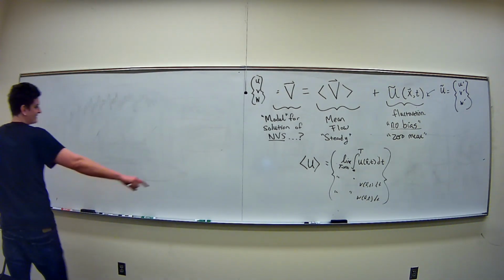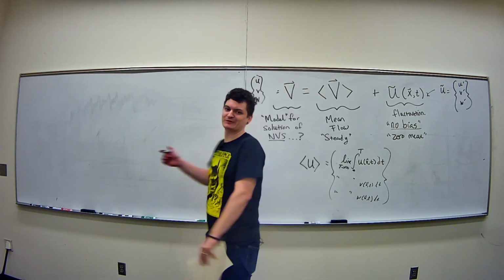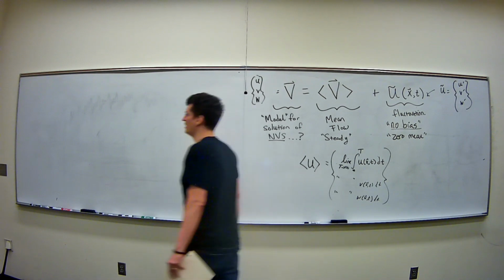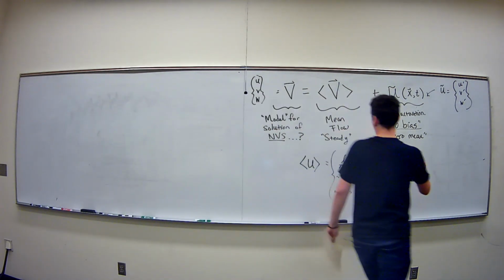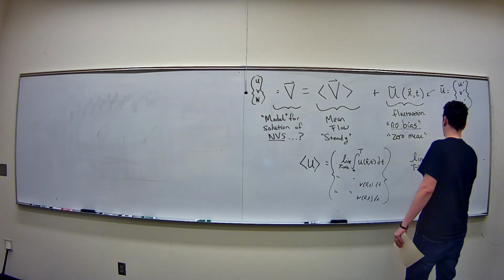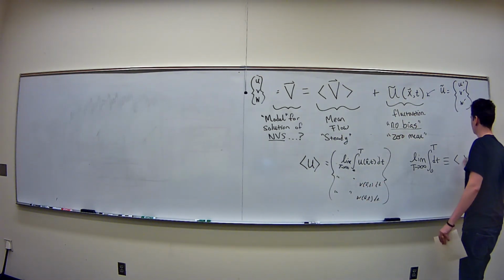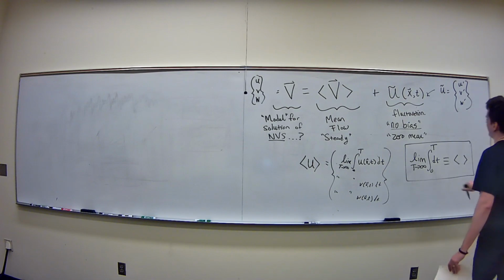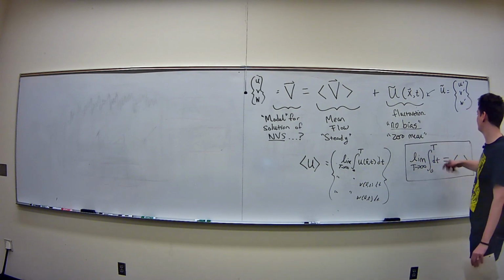Okay, so the thing about this mean is a choice I made. I made this choice to say, how am I going to average this? It's the same as the function you'd call on your experimental plot, saying, give me an average. But that's a choice you would make after your experiment, so there's room to play in there. But this one's nice, right? This operation is a very nice operation, and we can see why. So this limiting process, I will call this an operator. Maybe you've never seen this dt before in an integrand, but you can imagine how this is an operator. All that's waiting for me to do is plug a function in here. So this mean